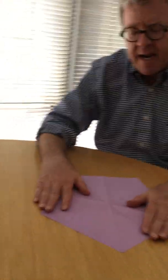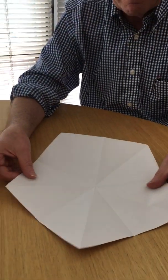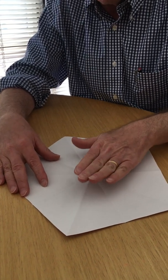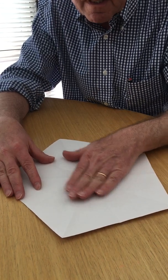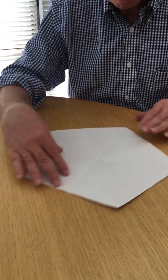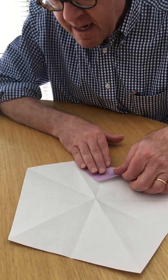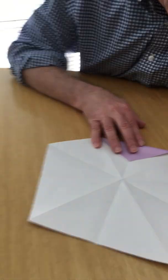So here's our pentagon. We're going to be working on the white side, and all of these existing creases that were made in cutting the pentagon from a square we're going to use. So don't worry about the existing creases. Now we're going to take each corner and we're going to fold it in, and we're going to fold it, flap, so that